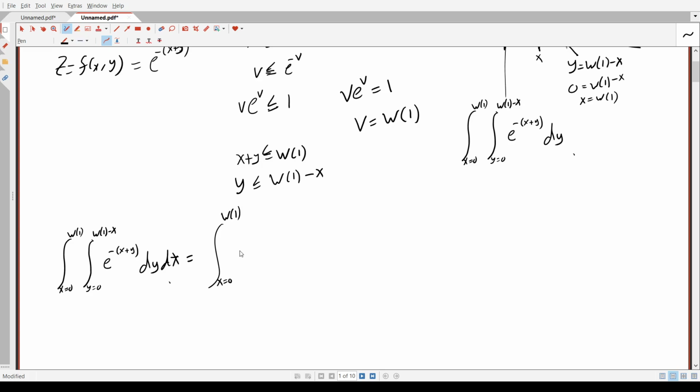This is going to be negative e to the negative (x plus y), from 0 to this. All right, and these are the values for y. So I plug those in for y, and I have the integral from x equals 0 to here of